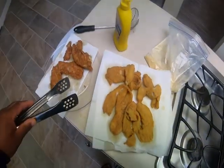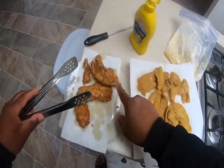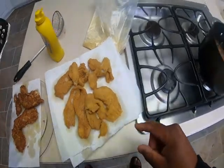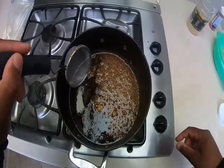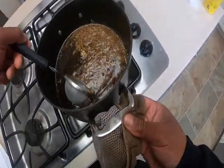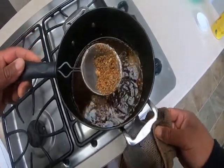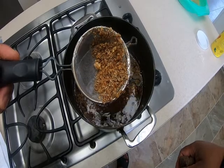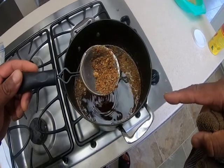Now, this is both fish, the crappie and the striper bass, and this is crappie here. Now, this is what I tell you guys that you're gonna see a lot of. You see this in your oils? I turned off the oil. I don't want to burn myself. You see all of this? This is what you get with cooking with the pork rinds. They will fall. Some of them still will fall off, but